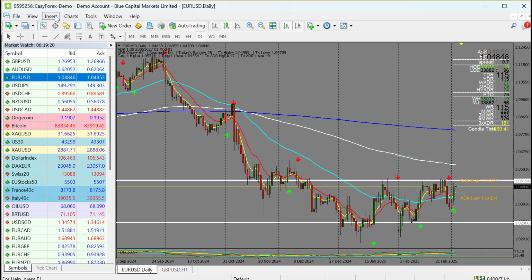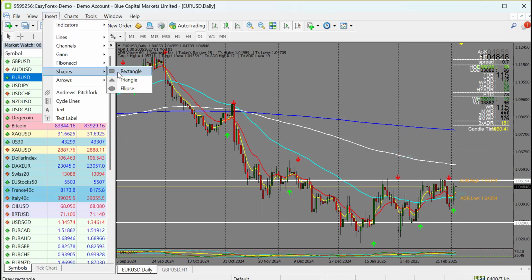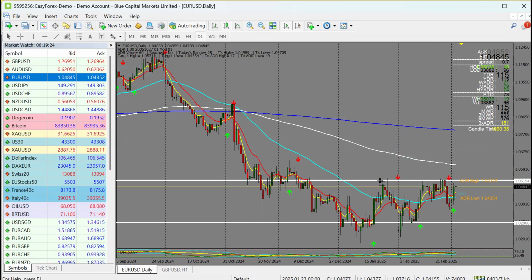Talking about that consolidation, we are having this type of consolidation. From the highest point to the lowest point, you can see we have that consolidation. So what we'll be expecting on this trade is for the market to move out of that range, or that consolidation, for us to check for possible setups. But looking at the trade of Euro USD on the lower time frame, that is the H1 time frame.